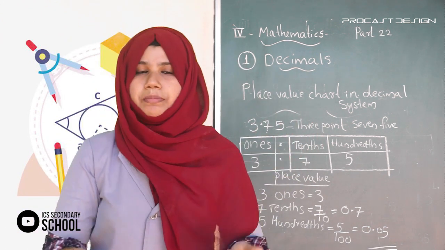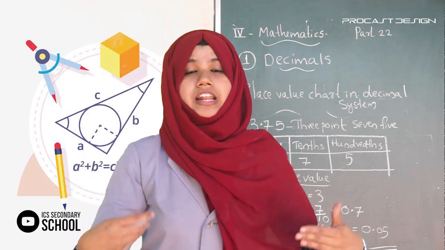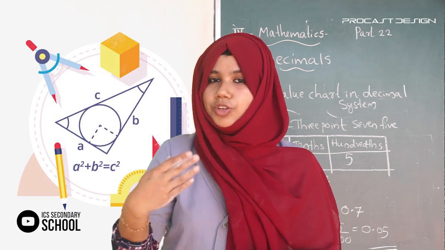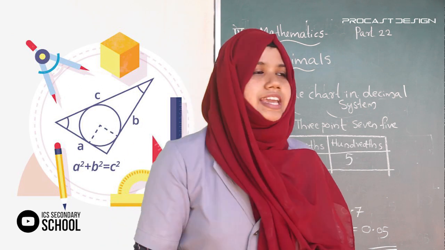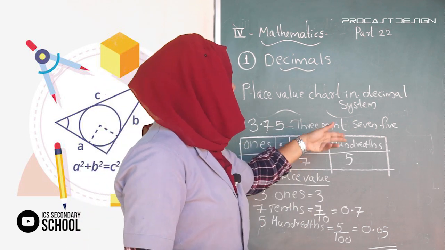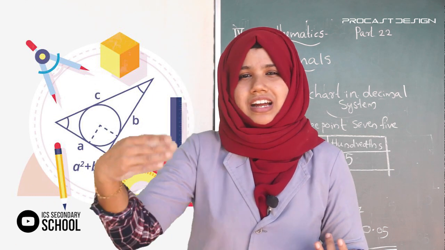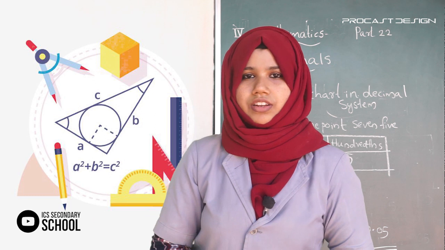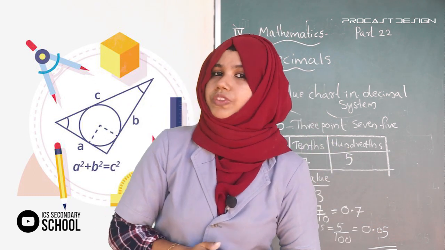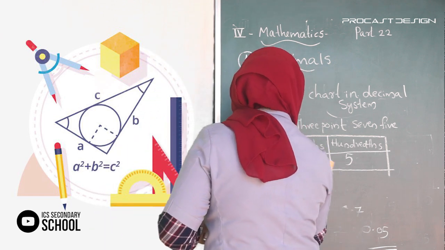So this is the method of arranging the decimal numbers in a place value chart. So what are the places, the new places that we learned today? Yes, it is after the decimal point. The first place is tenths, then hundredths, then thousandths. Okay. Other places, the ones, tens, hundreds, you already learned about that. Okay. Is it clear? So this is the place value chart of decimal numbers. Is it clear?